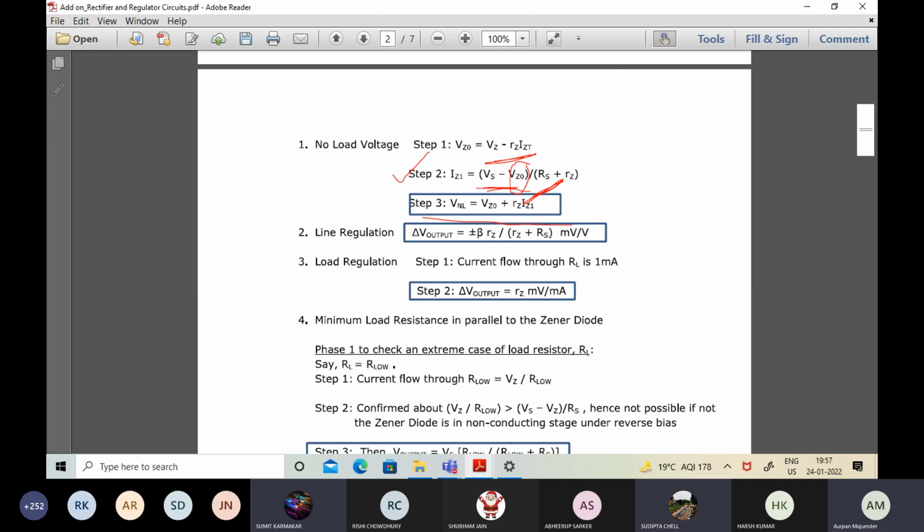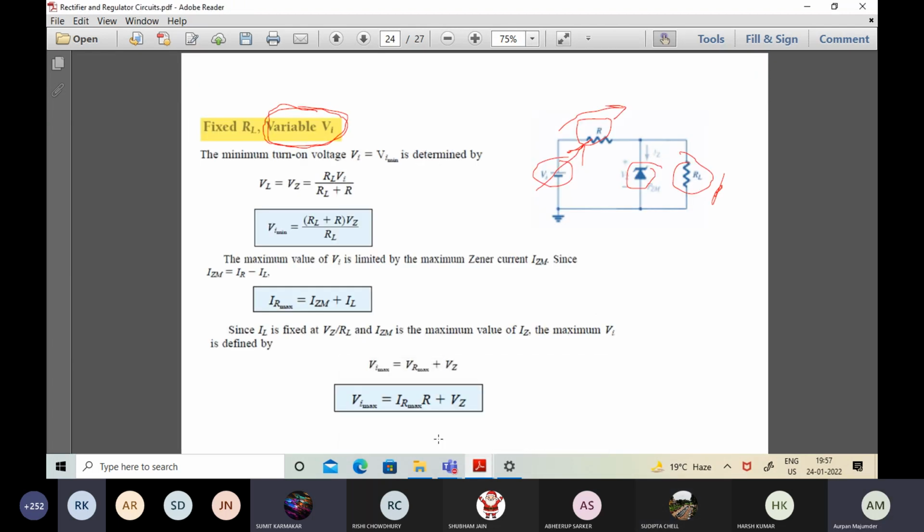Now, as I was talking, why did we subtract? Why Vs minus Vz naught? Look at this circuit now. No load means you open this load and then you refer to this circuit. Vs is actually referring to this Vi according to this diagram. And Vz naught is the corresponding potential onset, or the knee potential, of the Zener diode that we have found out applying the linear formula. So if I apply Vs minus Vz naught divided by this Rs